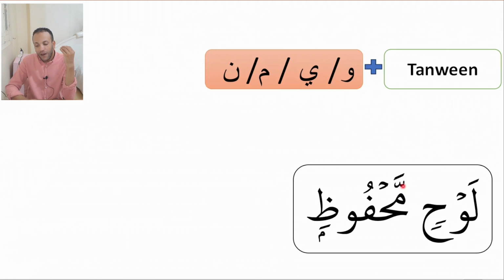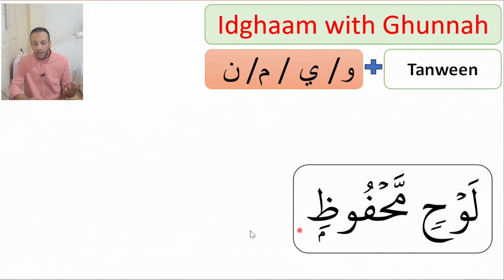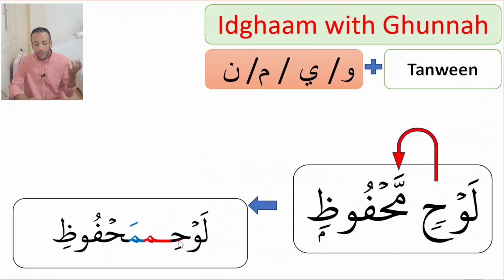And you will apply the rule of the shadda when you read both words together. You can do like what we learned before. You can change the sound of tanween and insert it in the following letter. The following letter is mim. So you will have two mim, like here. Where is the mim? Here. The one written in red,